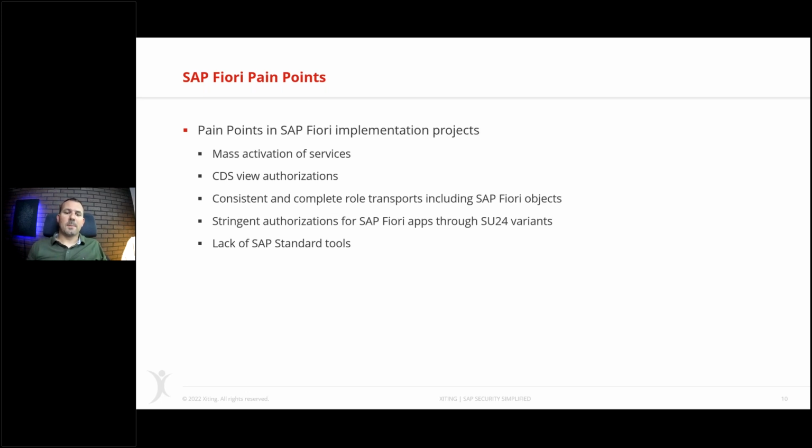So we'll look into that. Then one other problem is always role transport. How do we transport roles? If I move a role, it doesn't move the Fiori objects with it. And there's some inconsistency, and it's sometimes very difficult to make sure that everything is properly transported, especially when we